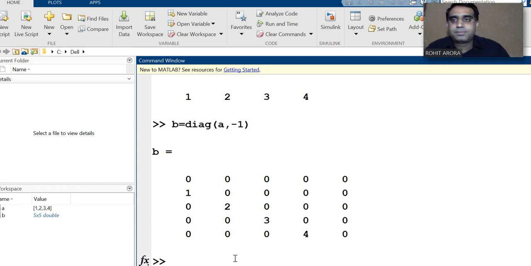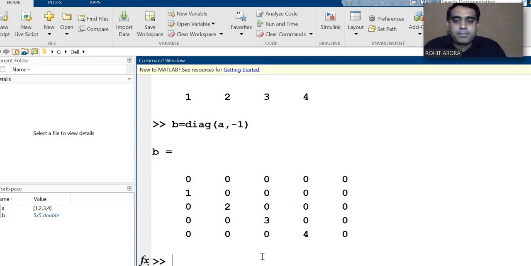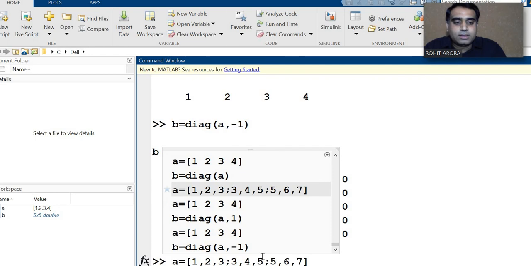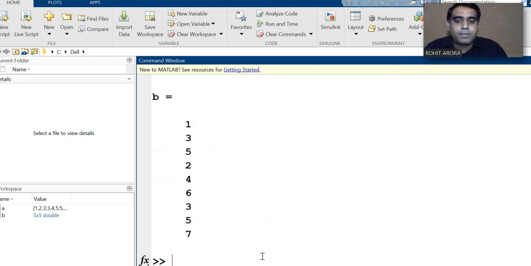Correct? Now after that, one more command is reshape. If you have a matrix and you want every element in one column, then write B is equal to A bracket colon.